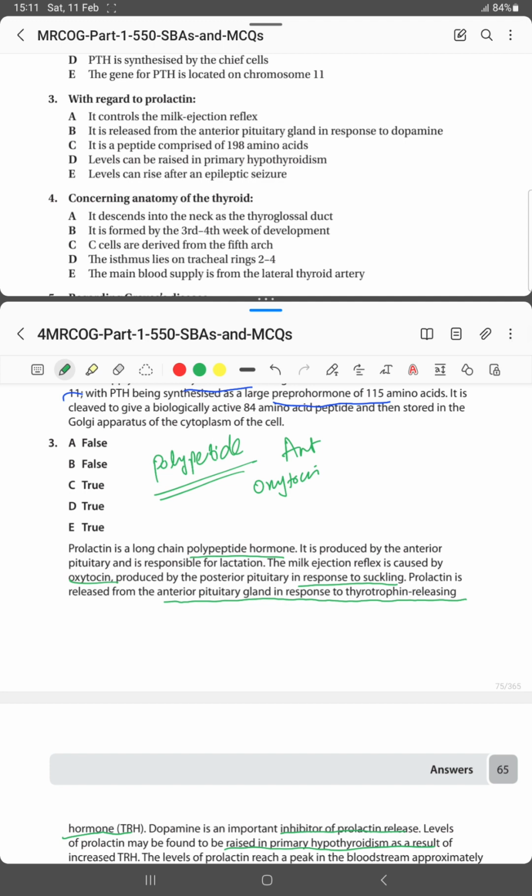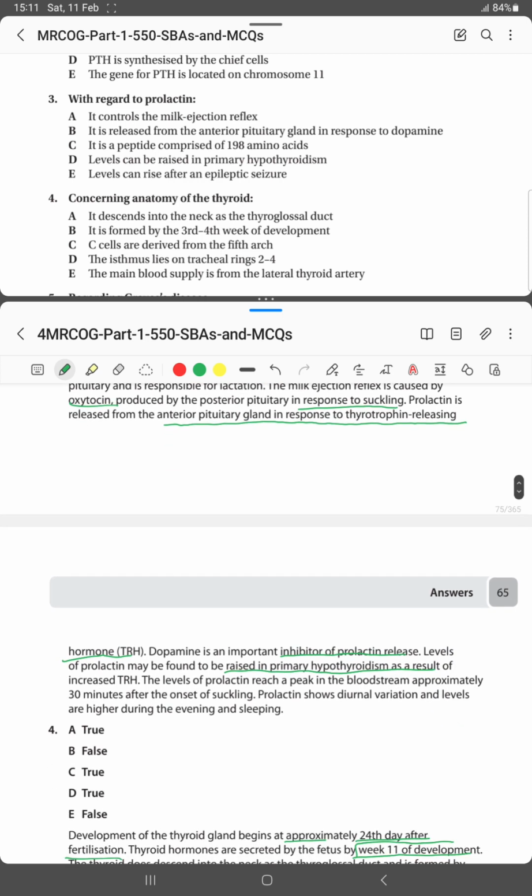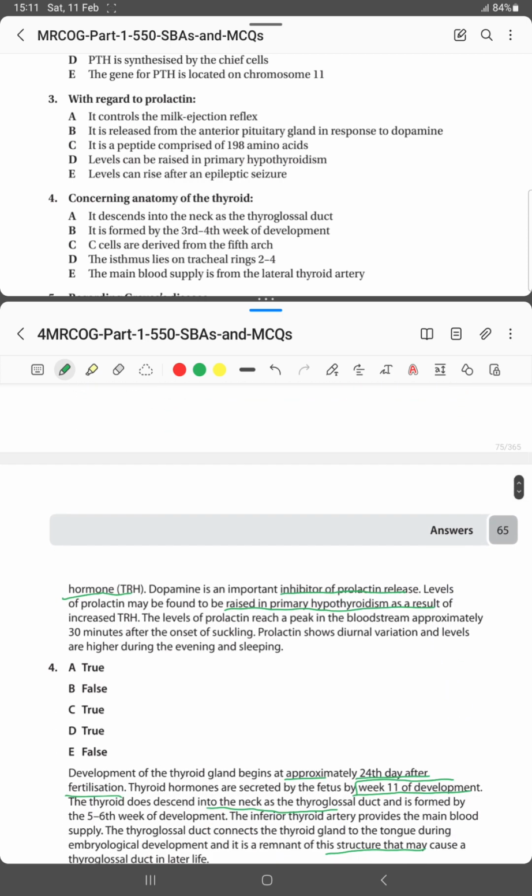One thing you should remember here is that prolactin is secreted from the anterior pituitary, and oxytocin is from the posterior pituitary. Prolactin is for the production of the milk, and oxytocin is for the ejection of the milk. Prolactin is released from the anterior pituitary gland in response to the thyrotrophin releasing hormone, and dopamine is an important inhibitor for the